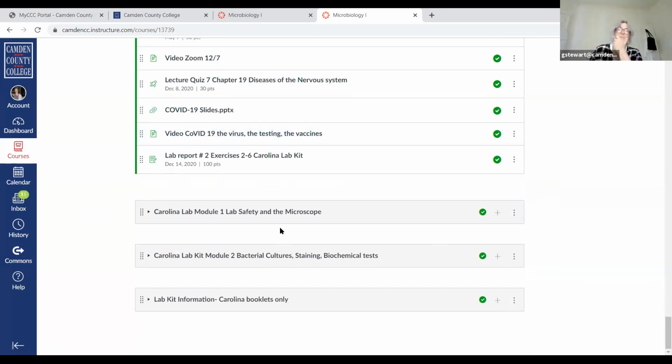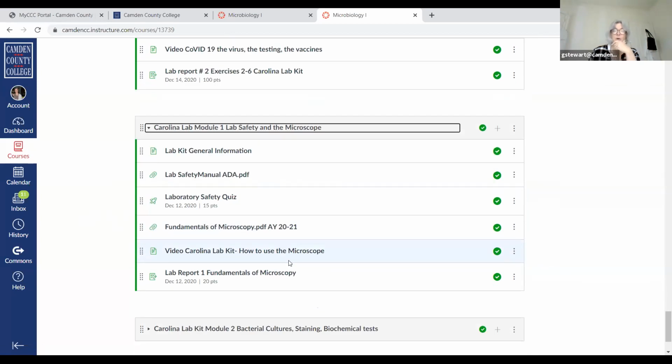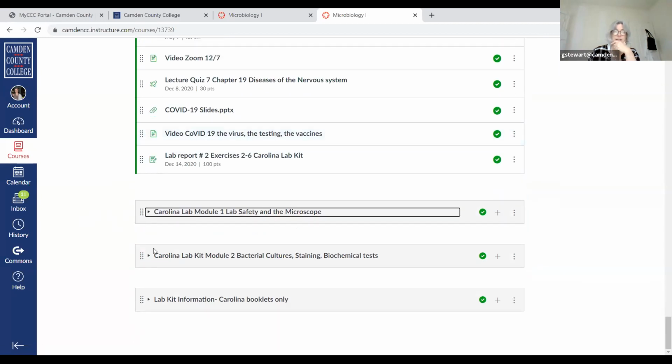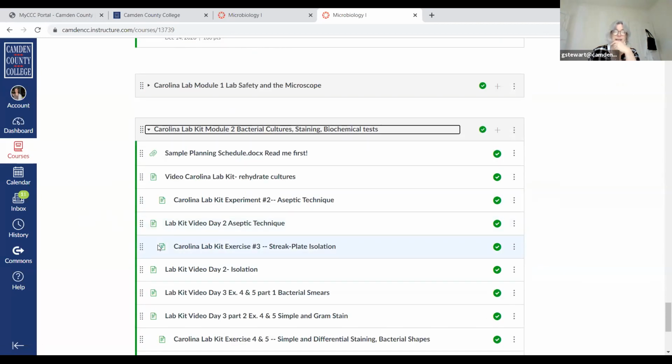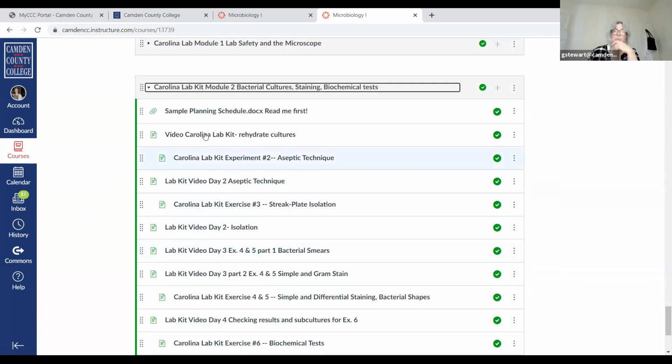And then the lab modules are down here. This is for your lab kits. This is all of the introductory information with the Carolina kits. This module contains the actual Carolina documents that you're going to need to read to be able to do the experiments. They're going to be videos that I've done. And then there are also, when you open up these Carolina documents, they contain,